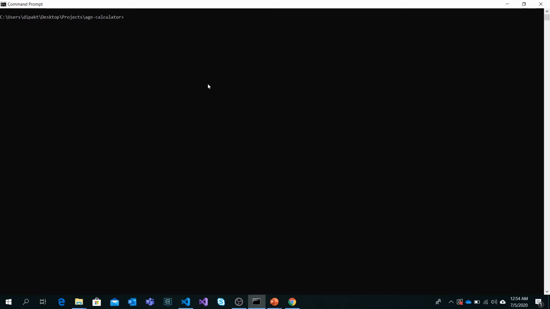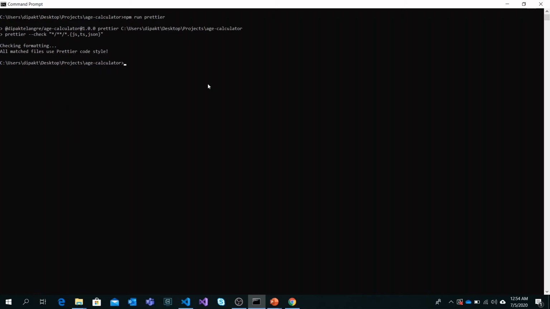Let's try to check with Prettier now. npm run prettier. It is going to scan all the files matching the given expression and check the code formatting. But as I have already installed the Prettier extension in my VS Code, most of the time the code formatting is already done.